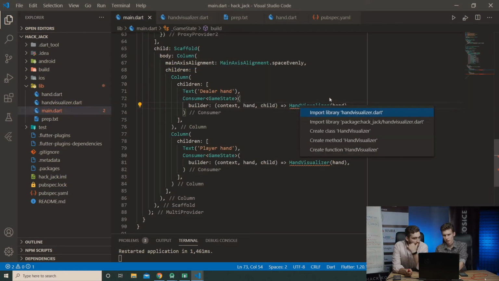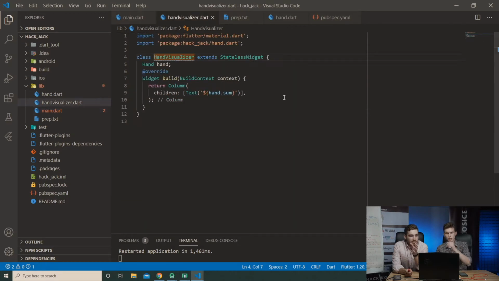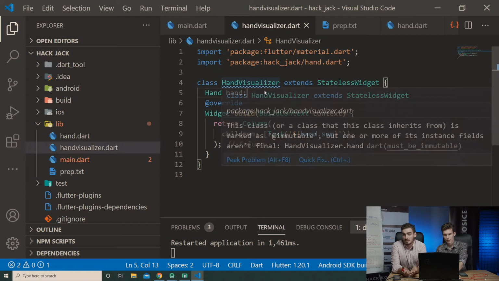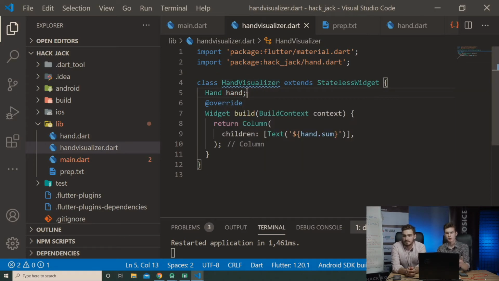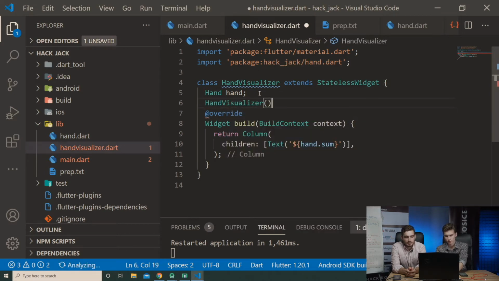Yes. Okay. Don't worry. So Oszkar goes to the hand visualizer. What we see here is a text widget that has the hand sum in there, and then you're going to do some trickery and show something different if the hand is so-called soft. Okay, so we are providing the property hand to the hand visualizer, so we need to create the constructor for it,